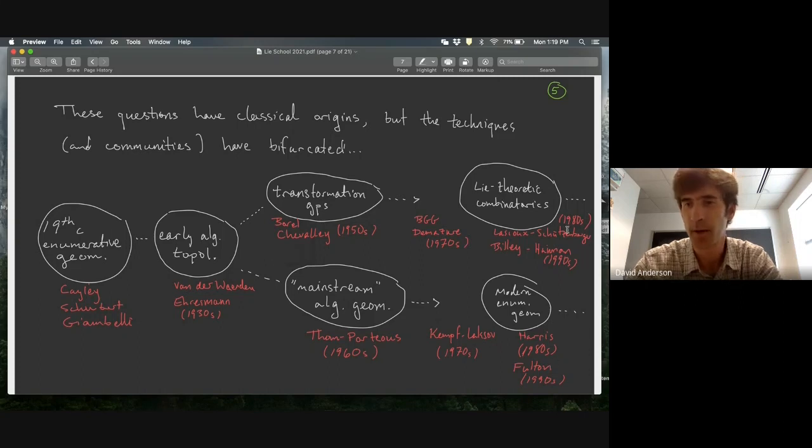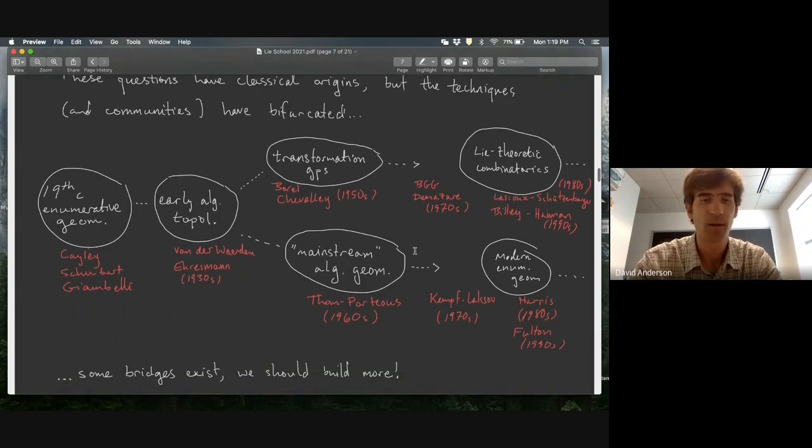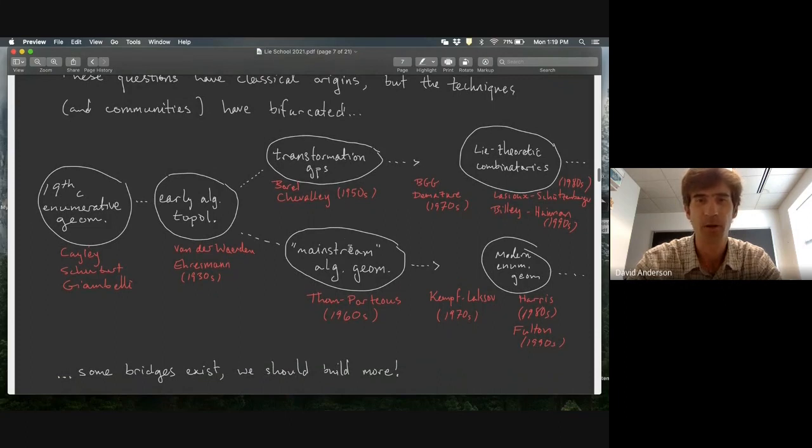So I've got a couple other names here, Lascoux and Schützenberger, and Billey and Haiman from the 80s and 90s. These are mostly from the combinatorial point of view, and this is where I'll be turning to next. The reason I wanted to bring this up is that there have been occasional bridges across this